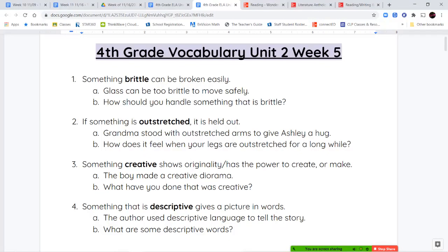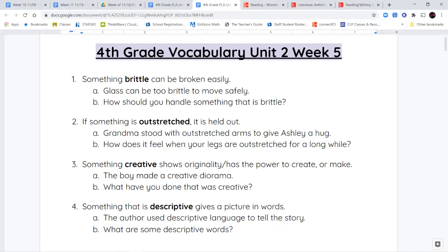This is the last week of Unit 2. After this, we're going to jump into Unit 3. Now, for this week, you only have 4 vocabulary words, but you also have 4 poetry-related words. So those are going to be what we're going to go over today. I'm going to go over the vocabulary words first, and then your spelling words, and then we'll jump into the